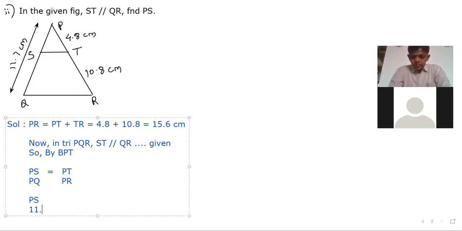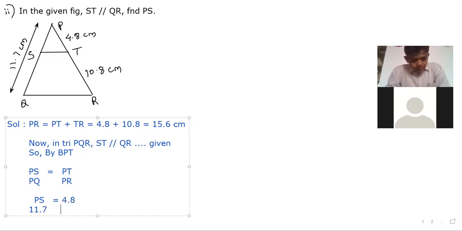Sir, but how can we write part upon whole? BPT says that part upon part is equal to part upon part. No, BPT also says that part upon whole is equal to part upon whole. That's what I said now. BPT can be used for 6 results. Which 6 results? Part upon part equal to part upon part, or else reverse, part upon part, as we did in the previous sum, bottom to top, from the base to the top, or part upon whole, or whole upon part, lower part upon whole, or whole upon lower part. All these results are called BPT only. They are the applications, corollaries, derived forms of BPT. So all come under BPT only.